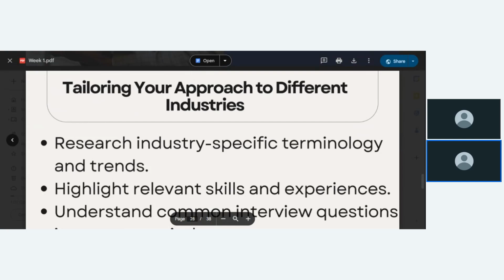Those things are expected from you if you are interviewing for any role. If you are interviewing for a digital marketing role or content specialist role, what are the things the interviewer would want to hear? If you are interviewing for an HR role, the interviewer would want to hear certain words from you. That is what will give you the job.